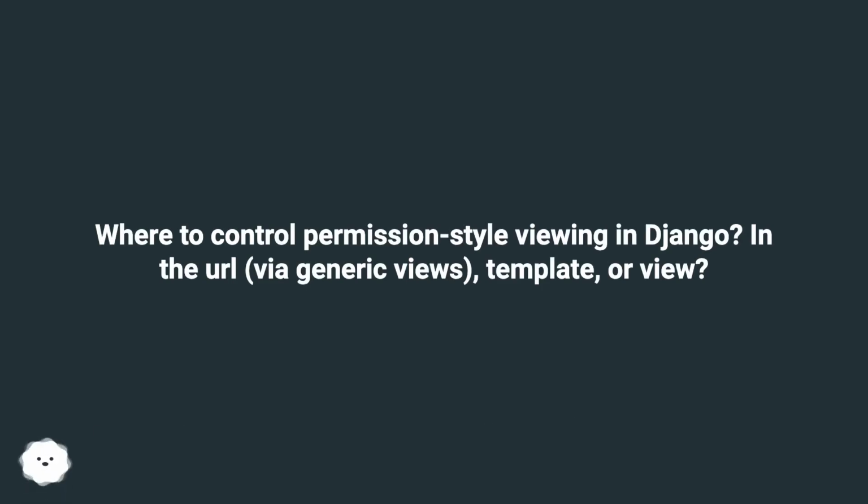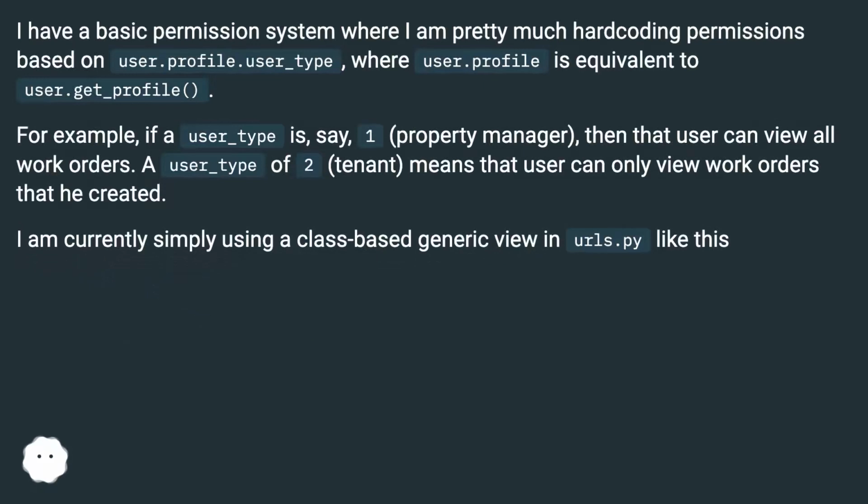Where to control permission style viewing in Django? In the URL, via generic views, template, or view. I have a basic permission system where I am pretty much hard-coding permissions based on